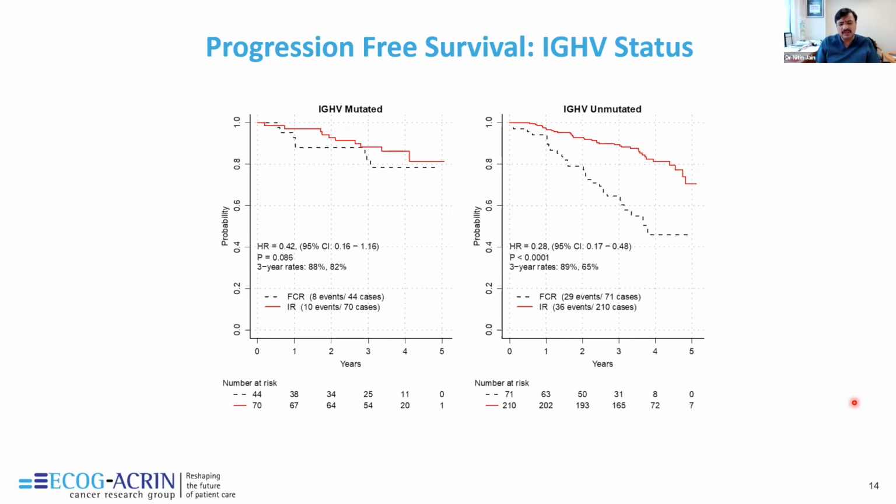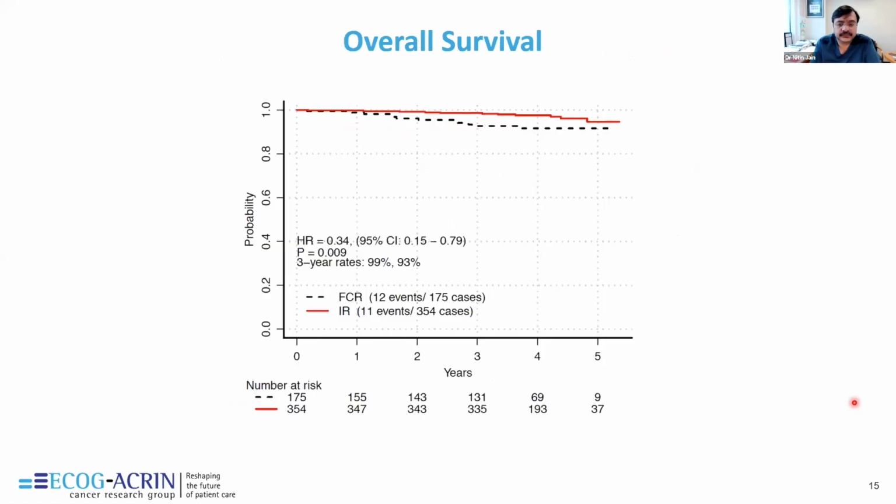So at least in the United States, I would say most patients are not choosing chemotherapy just because of the risks associated with myelosuppression, MDS, AML. So I think most patients are really going on targeted therapy. So this is an important trial, and hopefully we'll see an update to this trial to see how these curves are doing now another couple of years down the line.